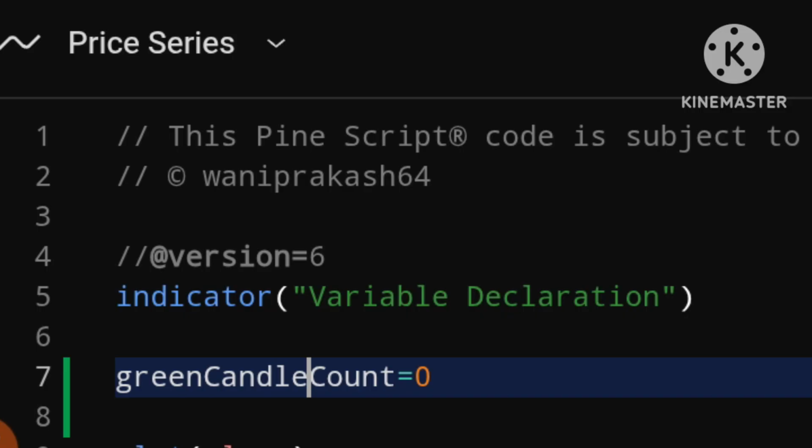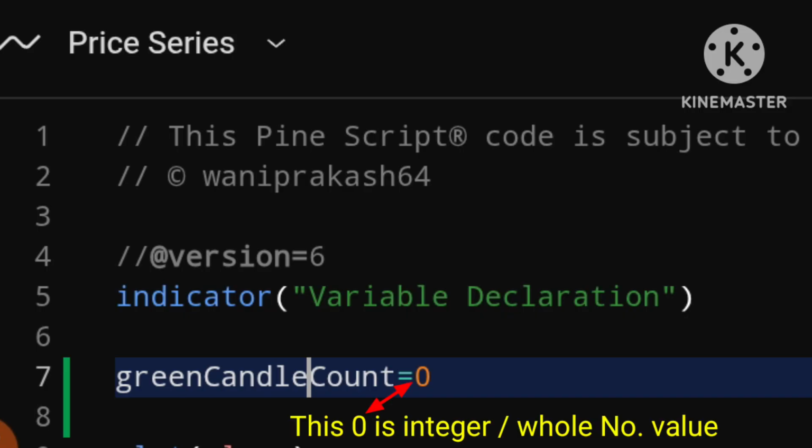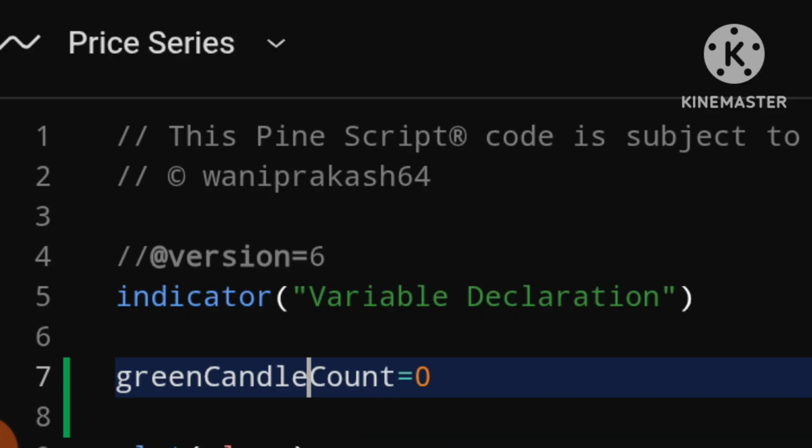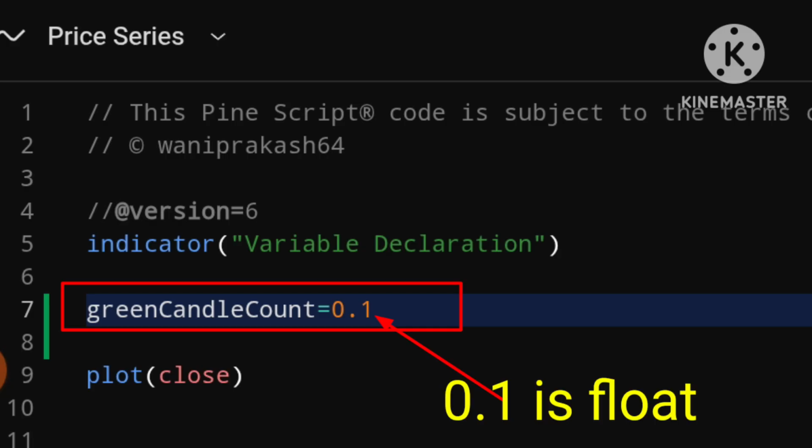Now script will automatically determine what data type your variable is based on what value you give it. So PineScript knows that 0 without any decimal places is an integer value, a whole number value. So whatever we do with this variable will be treated as an integer value. If we were to add a decimal place like 0.1, suddenly this becomes a float.